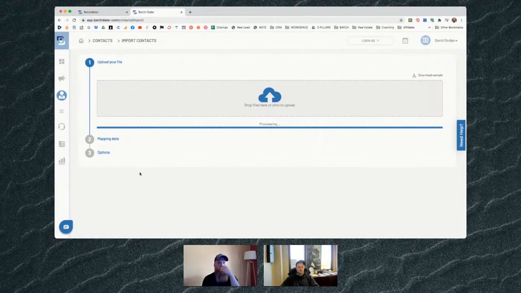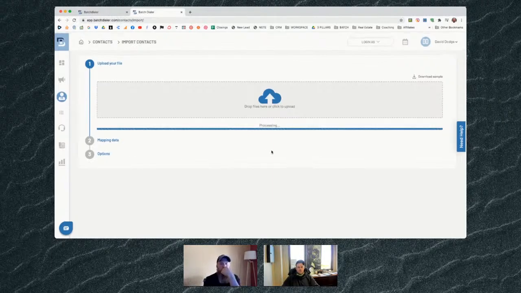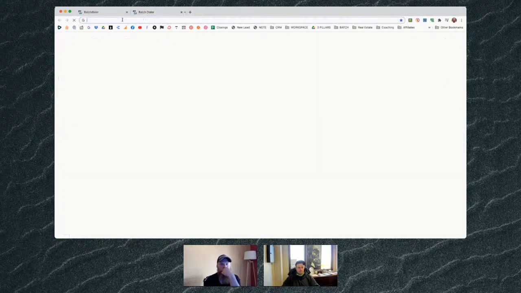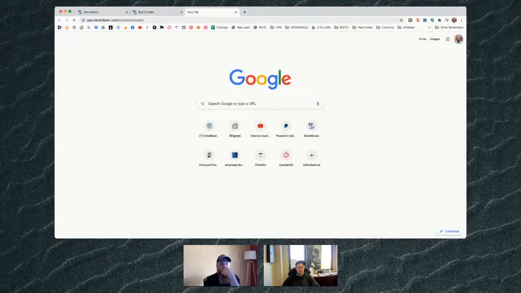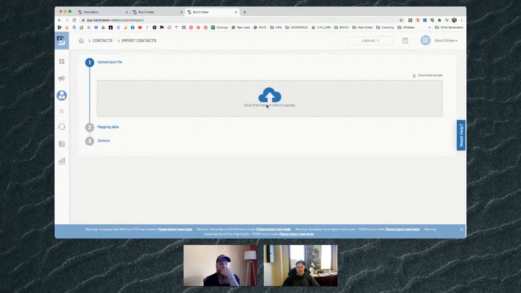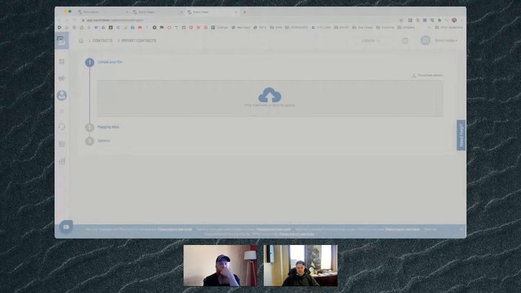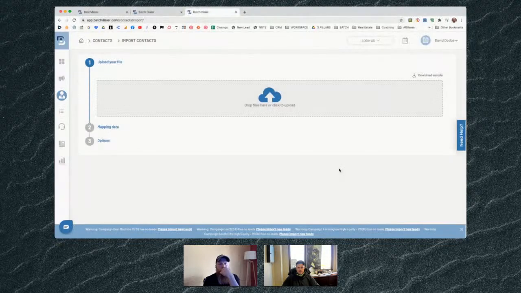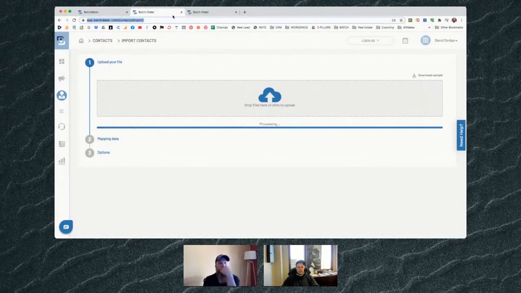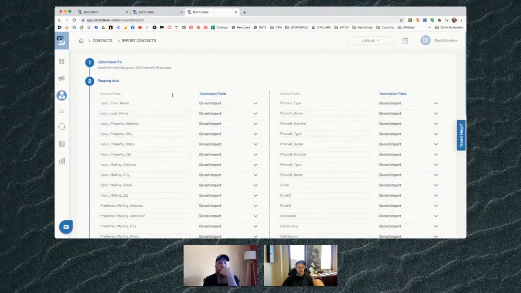Come on. I'm actually going to do the other one in the background here while it's going. So let's click on this one, and then this one we're going to do the South City CSV. Get that loaded as well. So you know what? I think I might have done this CSV wrong, because look at the South City one pulled up right away. So now that you have the mapping,